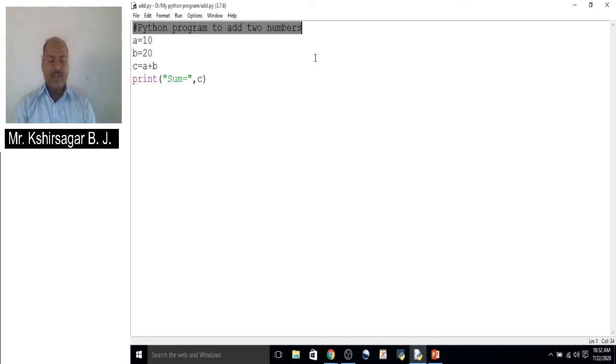So comments increase the readability, that is understandability. By writing comments you can understand what the code written below is, in the functions, class or your program. This is highly needed when we are working on a project. Within a project we mostly use comments, because there will be very complex code and a number of functions and classes written there, and if you want to debug or modify your code, comments will help us find where that function or class is written.